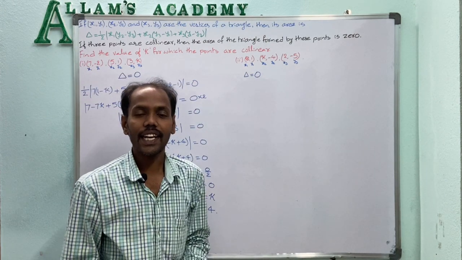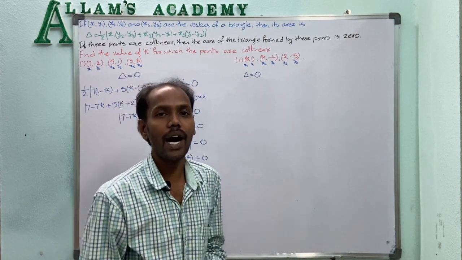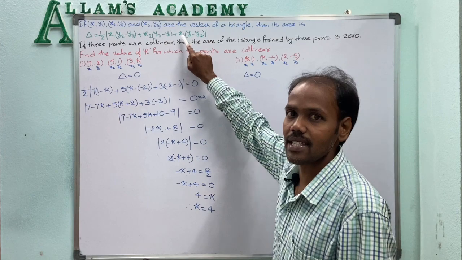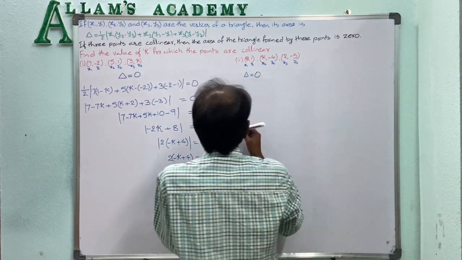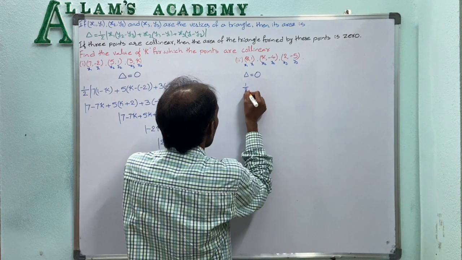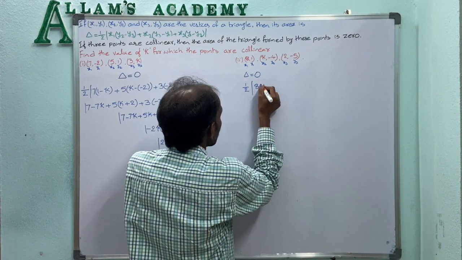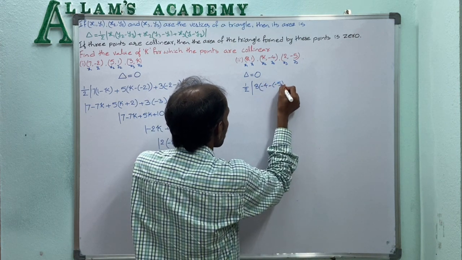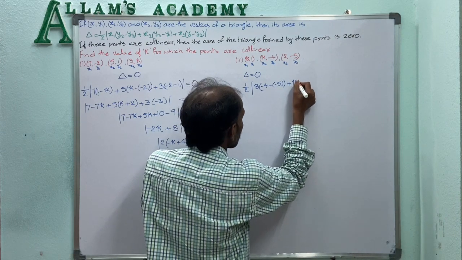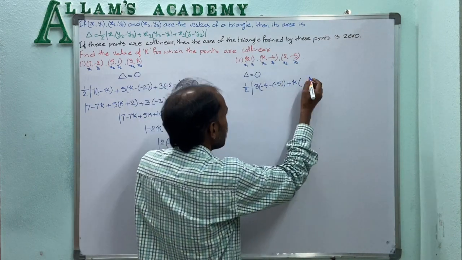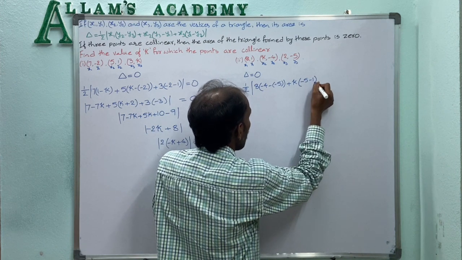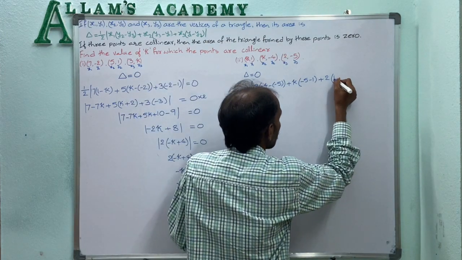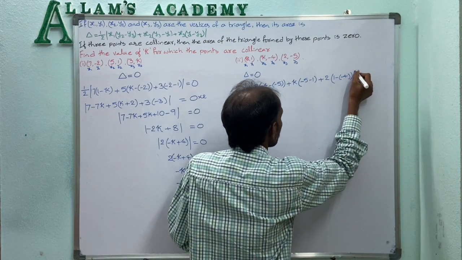So the area of the triangle, delta, is equal to half mod x1 into (y2 minus y3) plus x2 into (y3 minus y1) plus x3 into (y1 minus y2). So in the formula, if we substitute, then half mod x1 into (y2 minus y3): 8 into (-4 minus (-5)), plus x2, k, into (y3 minus y1): (-5 minus 1), plus x3, 2, into (y1 minus y2): (1 minus (-4)),